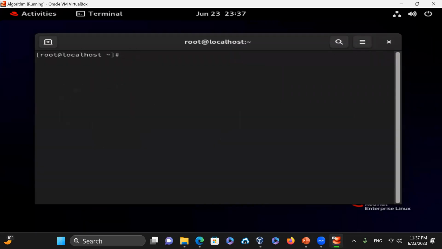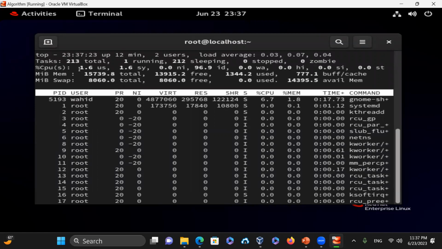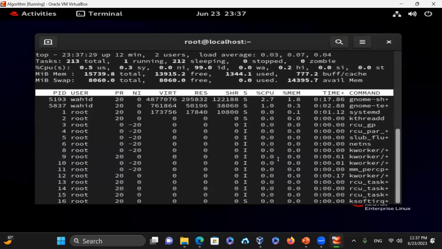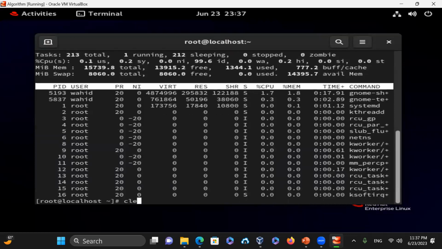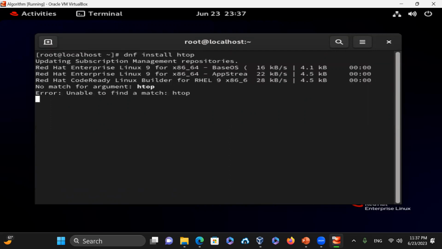Similarly, on the command line, you could run the free command with -h, human readable, to see how much memory you have on this system. You can also run top to get the memory information, CPU status, and all the details here, and the processes, which I showed you earlier in other videos. You can run htop if it is installed. If it is not installed, you can do a dnf install htop, and that will go and download htop. If no match is found, obviously you have to include the right repository for htop, so you say dnf provides